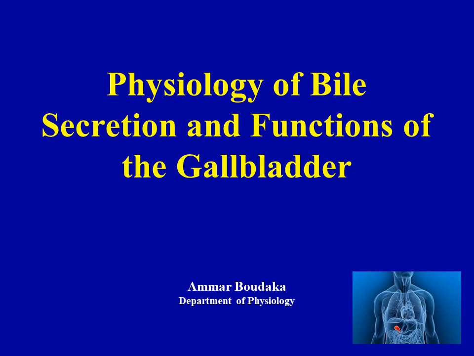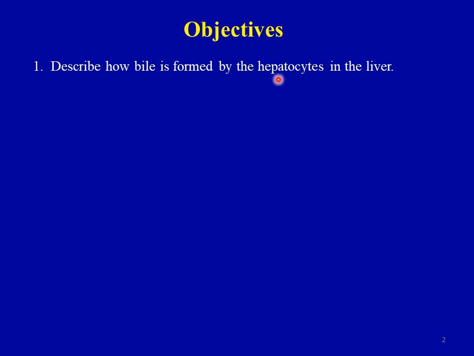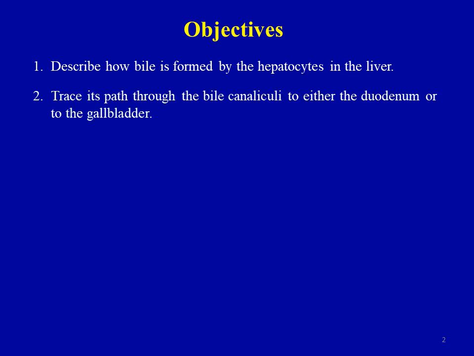Today we are going to talk about the physiology of bile secretion and the functions of the gallbladder. The objectives of today's lecture are to describe how bile is formed by the hepatocytes in the liver, trace the path of bile through the bile canaliculi to either the duodenum or the gallbladder depending on whether we are in